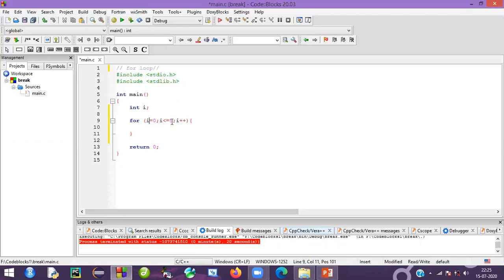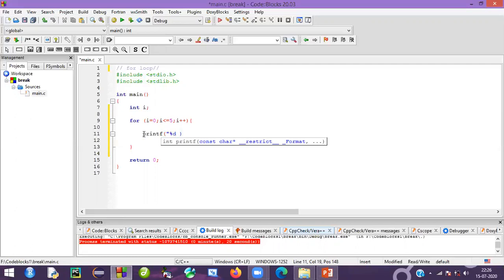When it is true, you have to print some statement. So I am going to print something with printf. I will mention percentage d to show how many iterations are going to happen.